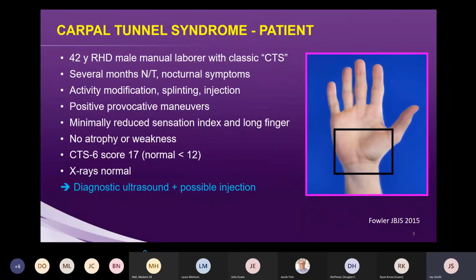So, bread and butter case, everyone probably thinks I'm going to throw a zebra, but not really. This is the kind of patient that we all see, other than maybe a little bit young, a 42-year-old right-hand dominant male. He's a manual laborer. He's had ongoing median nerve predominant symptoms, not involving the base of the palm, so outside of the palmar cutaneous branch distribution. It's bothering him at night. It's bothering him during activity. He has positive provocative maneuvers for carpal tunnel syndrome, Tinel's and Phalen's, and so on. He has minimally reduced sensation in the index finger and long finger, no motor symptoms or signs, and his CTS-6